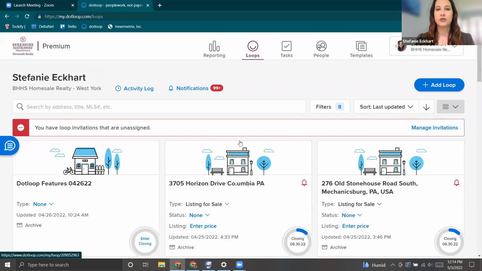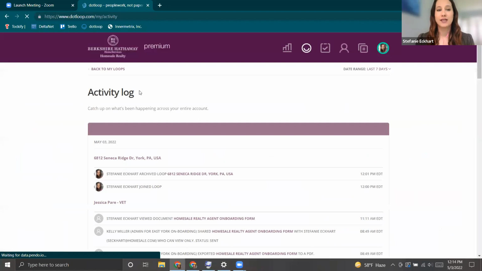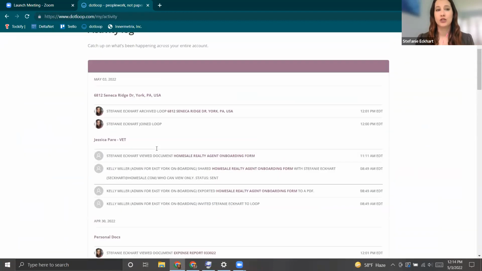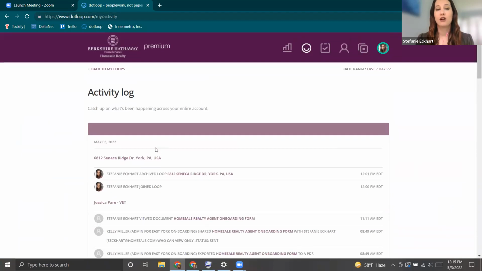Other things that you can do from this main loops page is to monitor the activity. So if I click activity log, it allows me to see all of the activity that has happened to basically everything that's on that front dashboard page. There's also an activity log per transaction or per file. If I click back out to my loops,